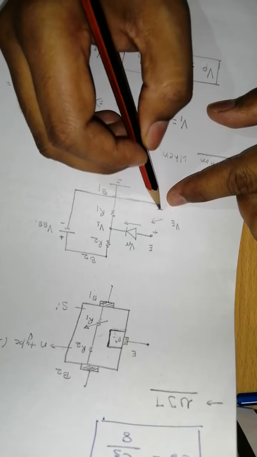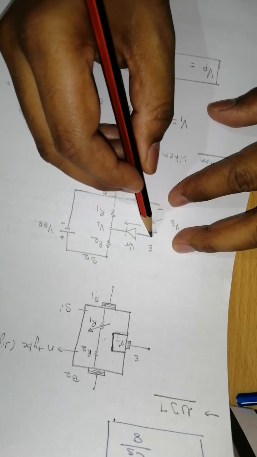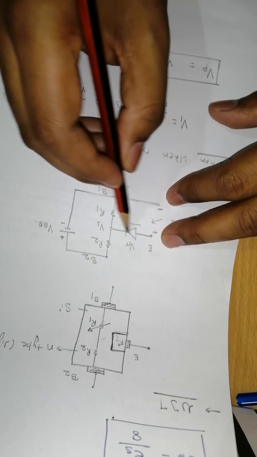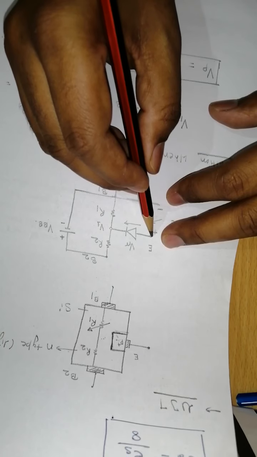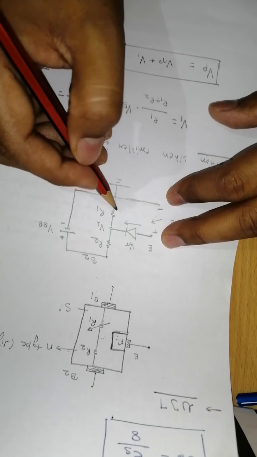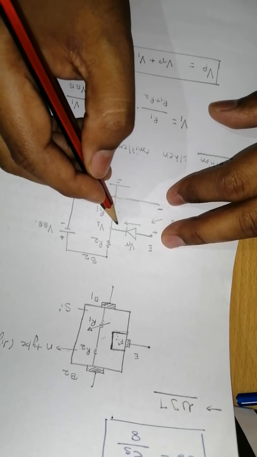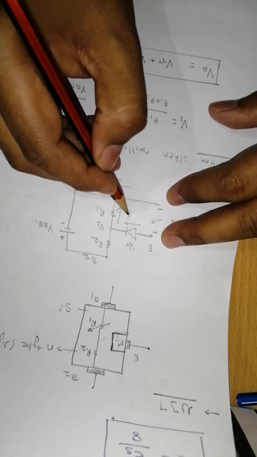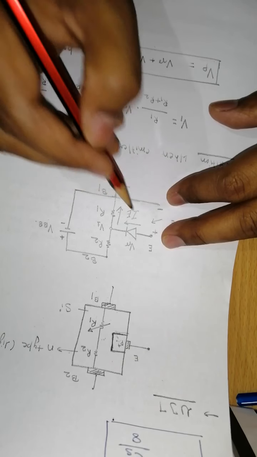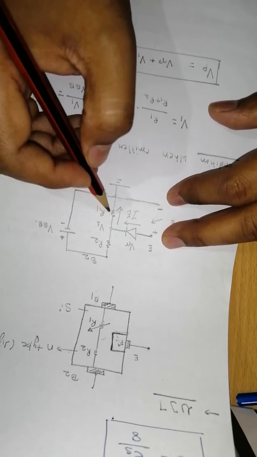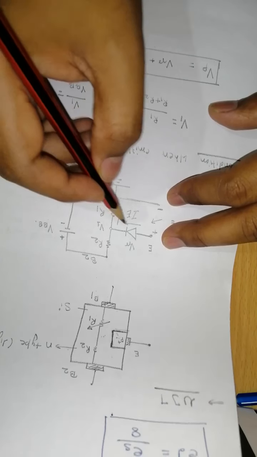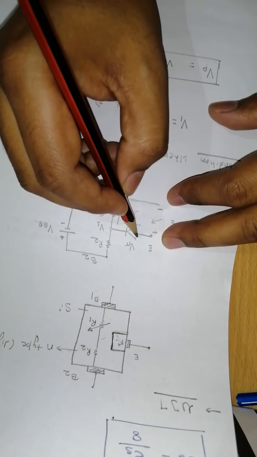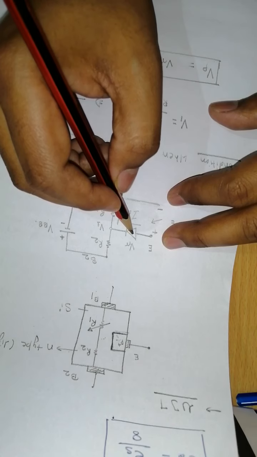When you apply the emitter voltage here, continuously increasing, and this voltage reaches Vp, this diode will get forward biased. Why? Because Vp is available here, V gamma plus V1, so this diode will get forward biased. So a heavy amount of current, suppose IE, will flow through the resistance. What happens when the heavy amount of current flows? The voltage drop across this resistance will increase, and due to that the voltage across this diode will decrease. So that's why this region is treated as the negative resistance region.